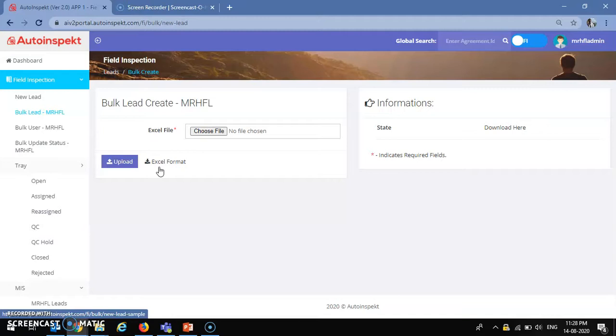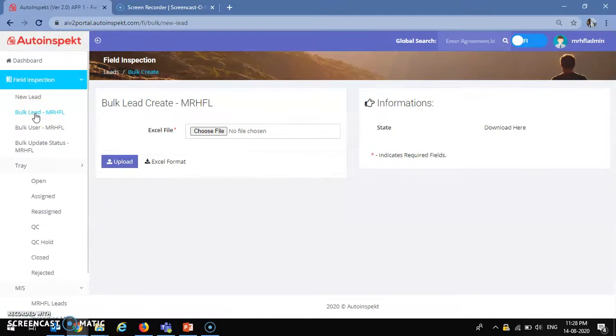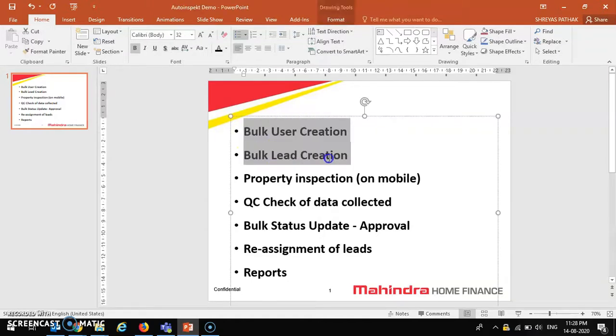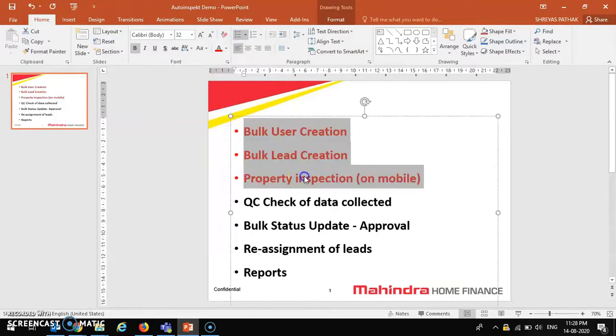these contracts. Now, whenever you share an Excel file with me, I create bulk users with respect to all the SAP codes to whom the contracts have been allocated for field evaluations, and post creating users, I upload the bulk leads which get allocated to those users, and they are visible in their application. Hence, after their leads are allocated to those users, they have to carry out the technical evaluations on their mobile phones, for which I have created a separate video. Hence, these 3 points have already been covered before the start of this video.